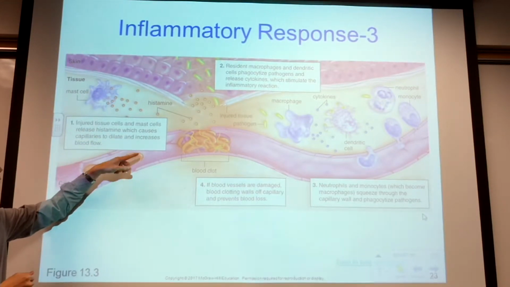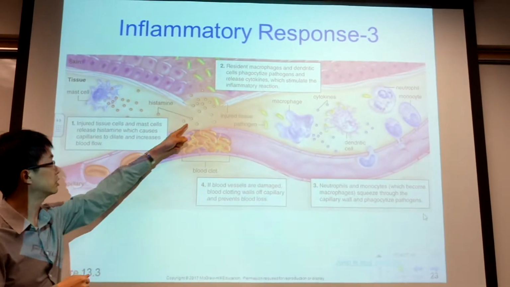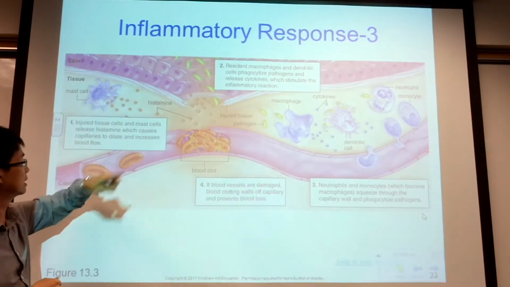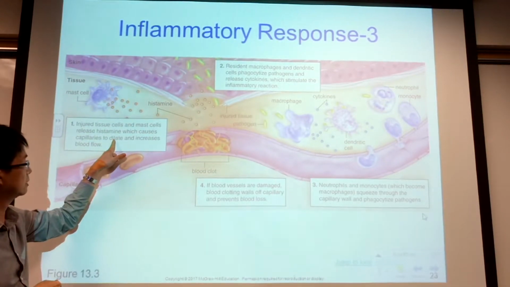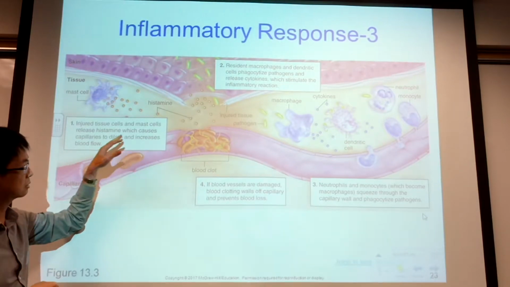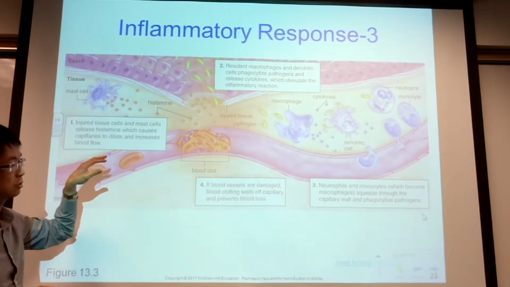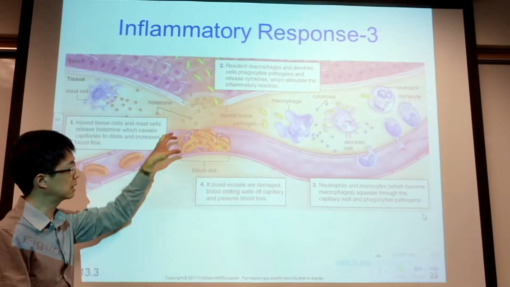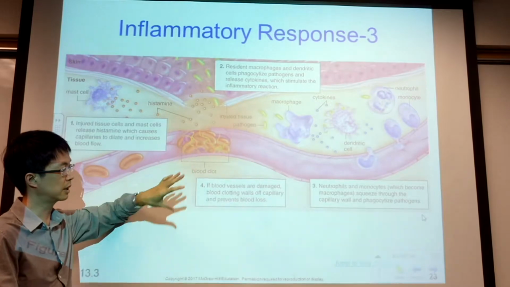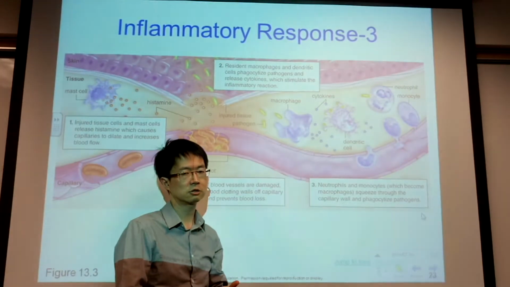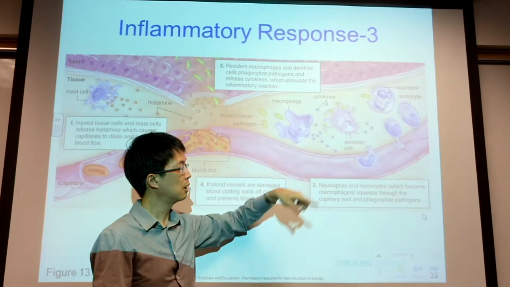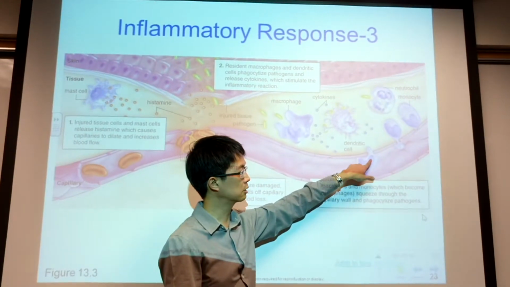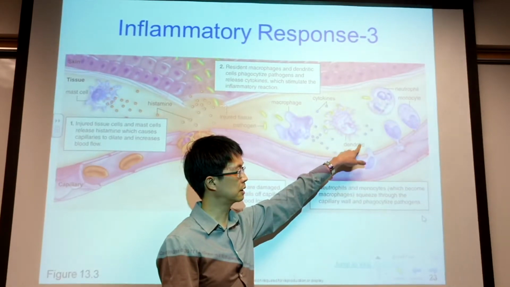When the tissue is injured, the mast cell will release histamine to cause vasodilation, so that more blood can go into this area to cause redness and increase the temperature, heat. It will also increase the leakiness of the blood vessels, so that protein can go into the tissue,